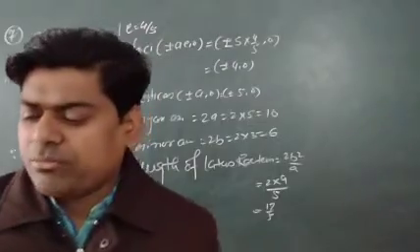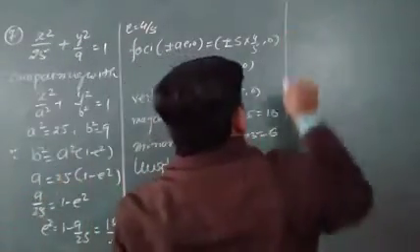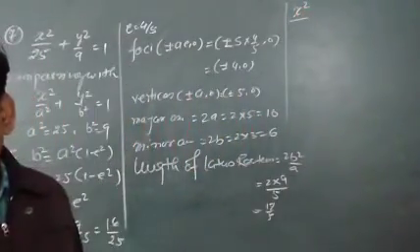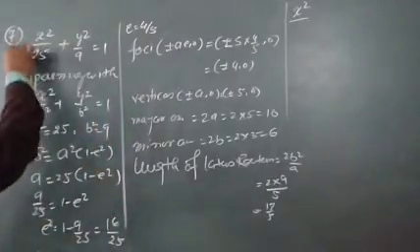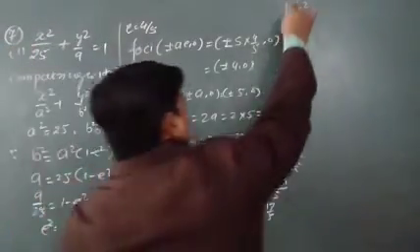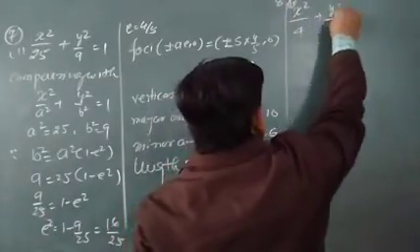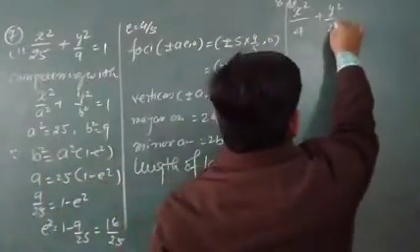At the same time, I am going to do another question where the denominator of y square will be more than that of x square. I am writing x square by 4. That is the second part of question number 8. It is the first part of question number 7. And tell me, if it is x square by 4 and y square by 25, it is equal to 1.